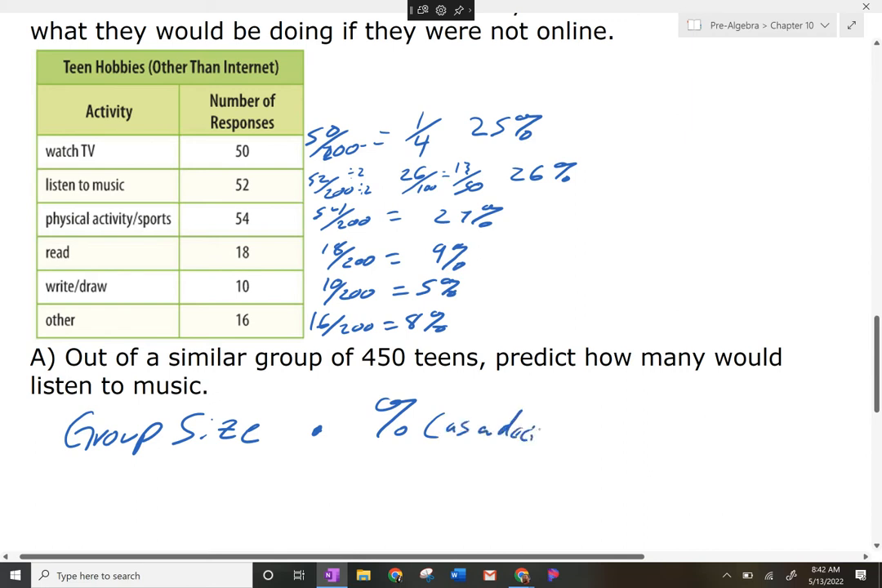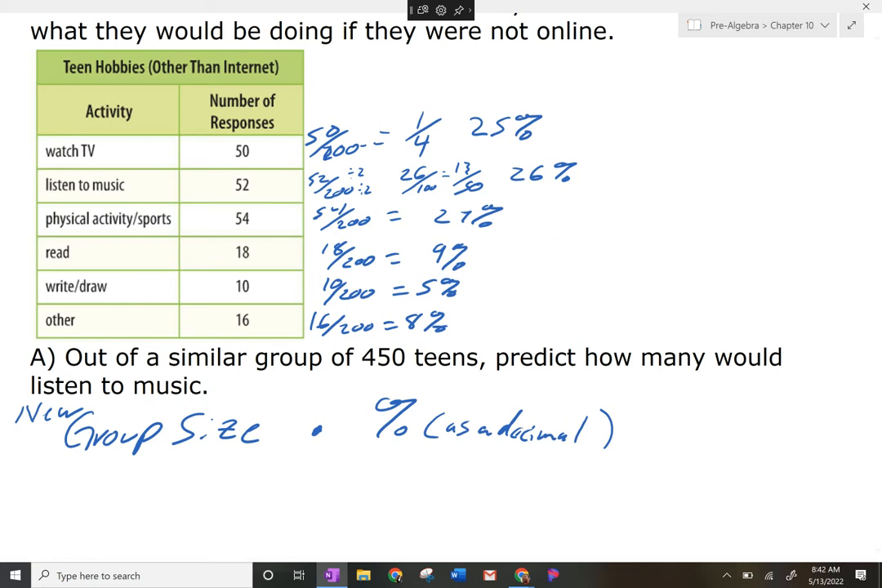Do we take the old group size or the new group size? The new group size. Good point. So we take the new group size times the percentage when we write it as a decimal. So for this one, my new group size is going to be 450